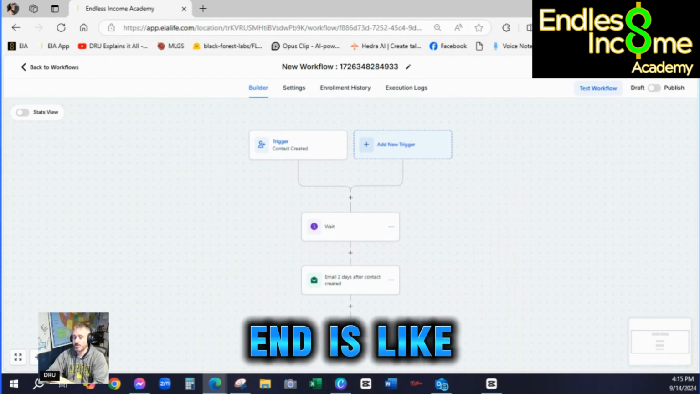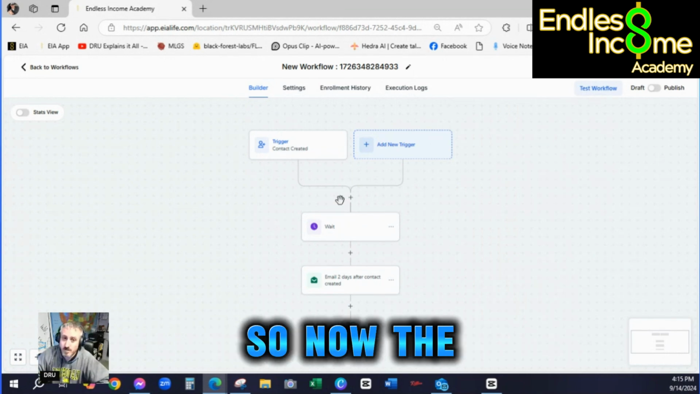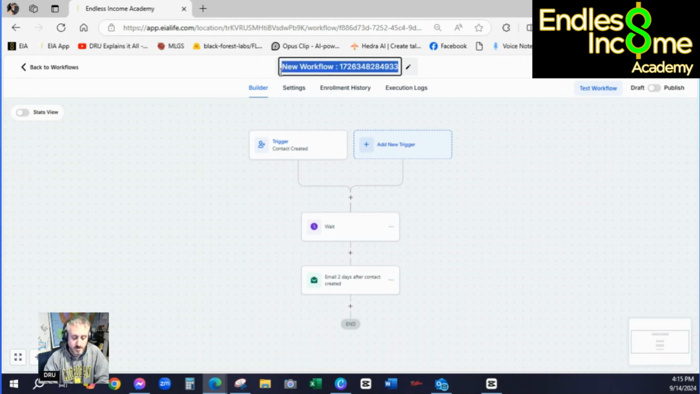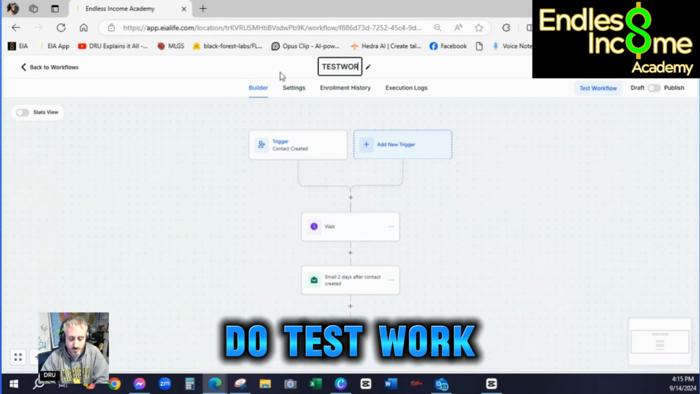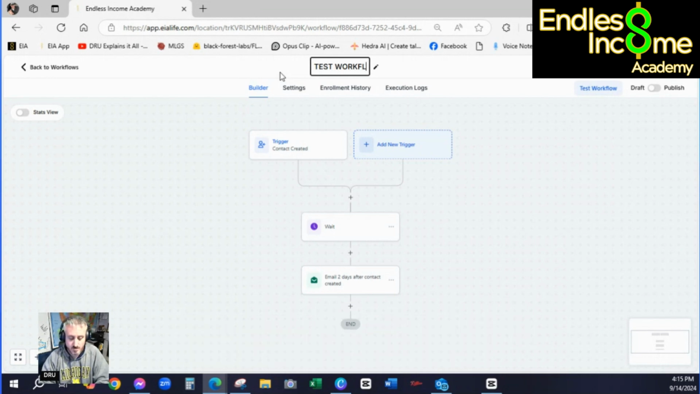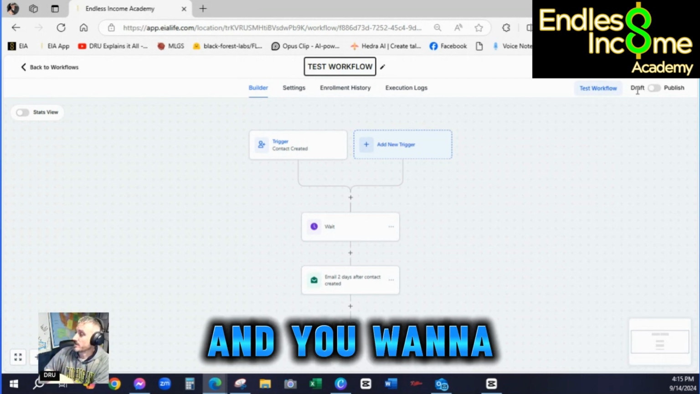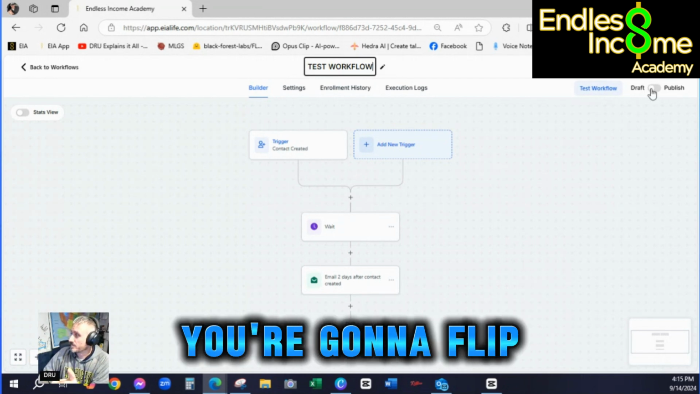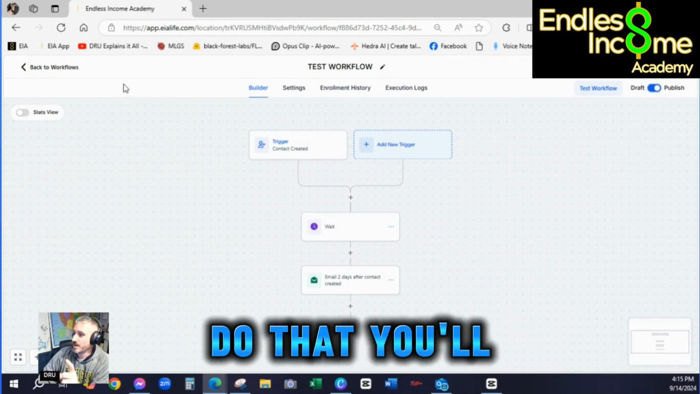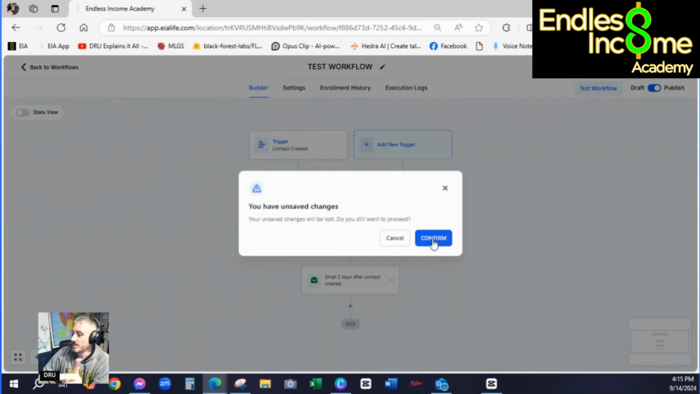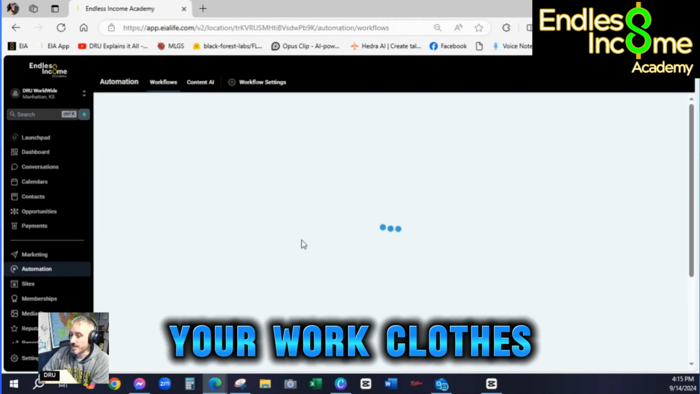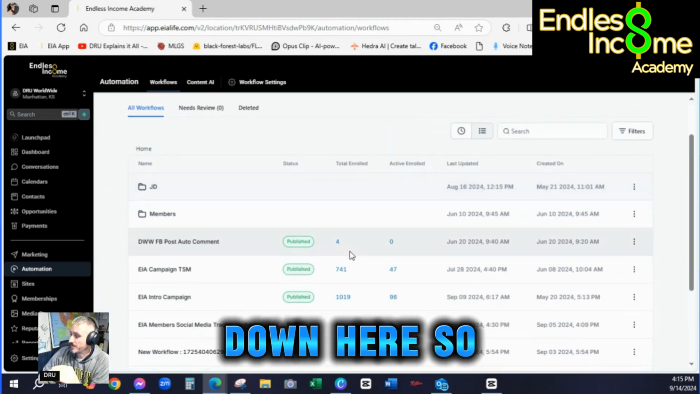And you see the end is always there, we don't have to add it. So now the last few things we have to do, let's name this thing. I'm just going to do test workflow because I'm not actually going to use this one. Okay, we've named it. If you want to make it live, you're going to flip this to publish. You're going to mash that save button. And when you do that, you'll come back to workflows. Like I said, I'm not really going to use this, but you'll have a list of your workflows and the status of each workflow down here. So you see, I've got a